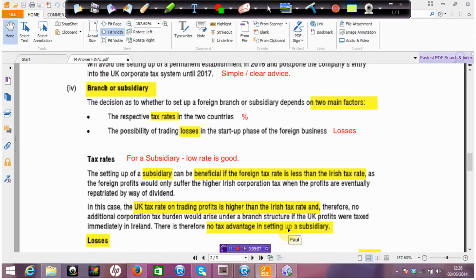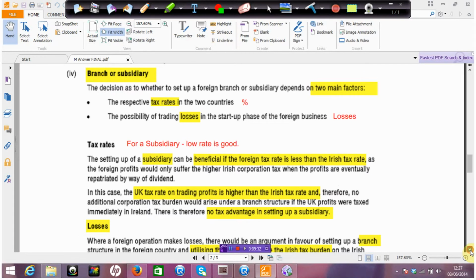Both the branch and the subsidiary will be subject to UK tax, so no real advantage either way on that. So note that they've given you some information, and John Morrison is trying to assess whether or not you can advise on the basis that there's not going to be an issue either way, because both the branch and the subsidiary, being PEs, are going to attract that foreign rate,